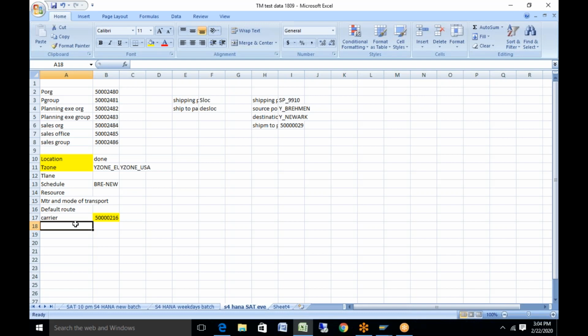We can also have a TU resource, meaning containers or unit load devices. We can also have a resource called a driver, meaning the person who really drives the truck. They are also a resource. If we consider the driver as a resource, they combine the properties of a business partner as well, because to create a driver in the system, you also need to create them as a business partner.